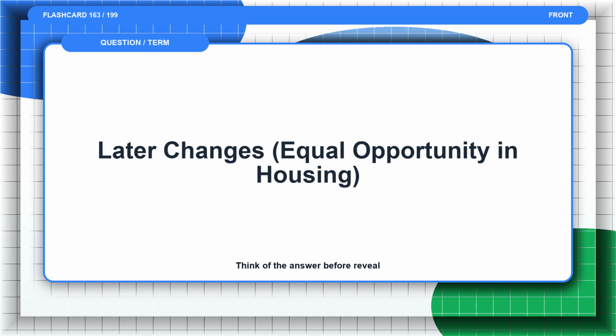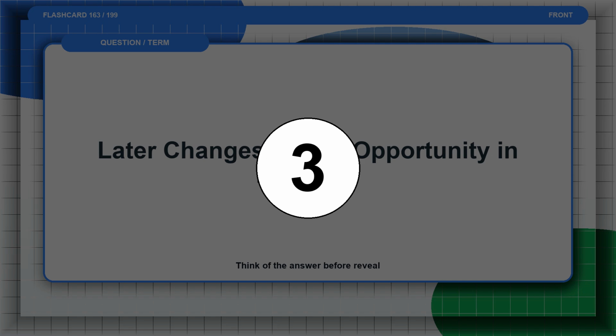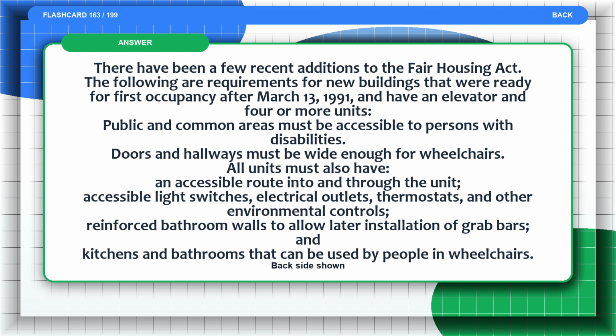Pause and think of the answer before the reveal. The answer is, there have been a few recent additions to the Fair Housing Act. The following are requirements for new buildings that were ready for first occupancy after March 13, 1991, and have an elevator and 4 or more units. Public and common areas must be accessible to persons with disabilities. Doors and hallways must be wide enough for wheelchairs. All units must also have an accessible route into and through the unit, accessible light switches, electrical outlets, thermostats, and